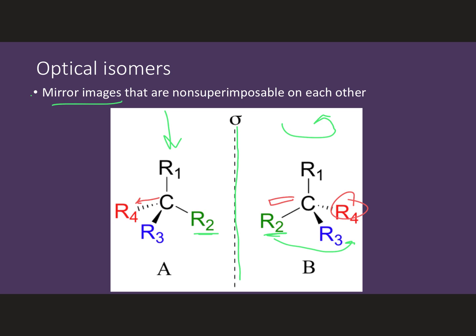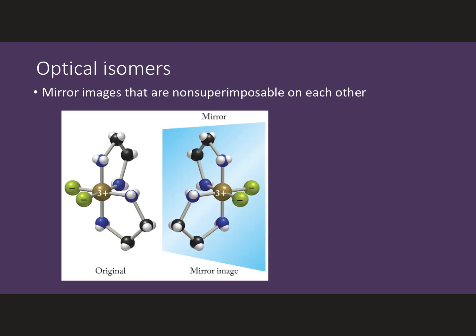And R3, instead of coming out, would go into the back. So they don't overlap, they're not superimposable. That's why we'd see that they're optical isomers. And we can see the same thing when we get to octahedral complexes, but they get a little bit harder to see. So making sure we can draw these things, or even better, use your modeling kit to see them,